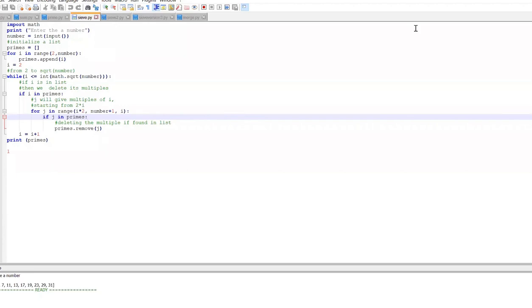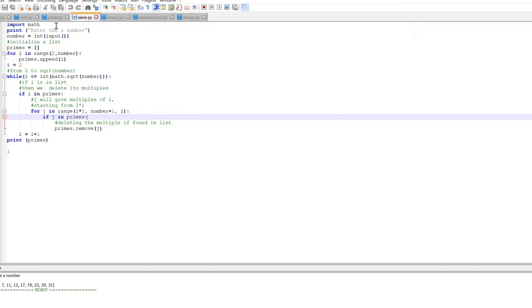Now moving on to the Python program. So we are supposed to implement this algorithm, that is the sieve of Eratosthenes algorithm, to generate the prime numbers using Python. So I'm going to use this Notepad++ environment, where the first statement I have is import math.